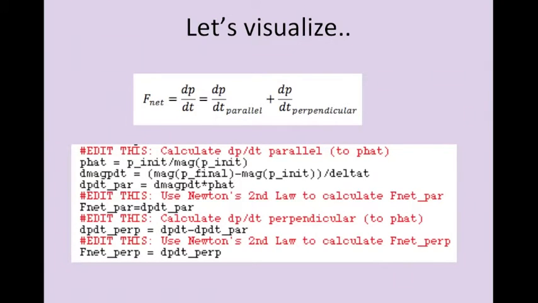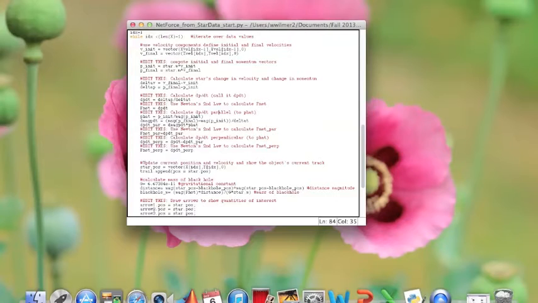So, using the product rule to differentiate, we can enter the calculations for dp dt parallel into Python. We do that here. Then we can find dp dt perpendicular by subtracting dp dt parallel from dp dt. We also say that Fnet parallel and perpendicular are equal to dp dt parallel and perpendicular respectively because of what we mentioned before. When we run our final code,